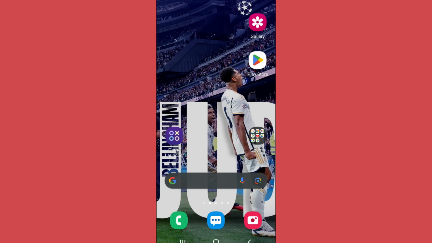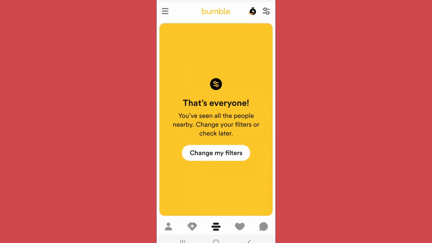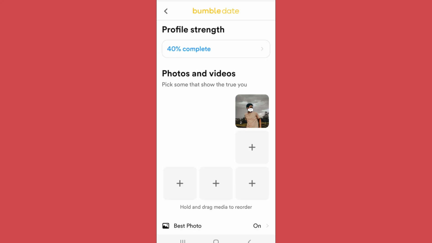Here is how you can change photos on Bumble. First of all, open the dating app and then go to your profile. Tap on your profile and go to edit profile. In the photos and videos section, you can either add new photos, delete the existing photos, or change the location